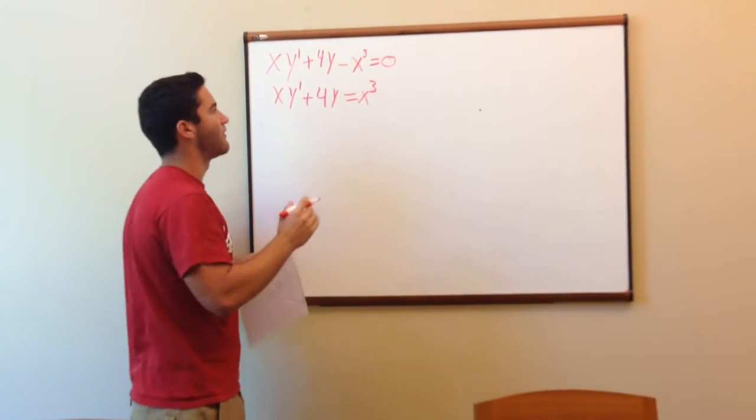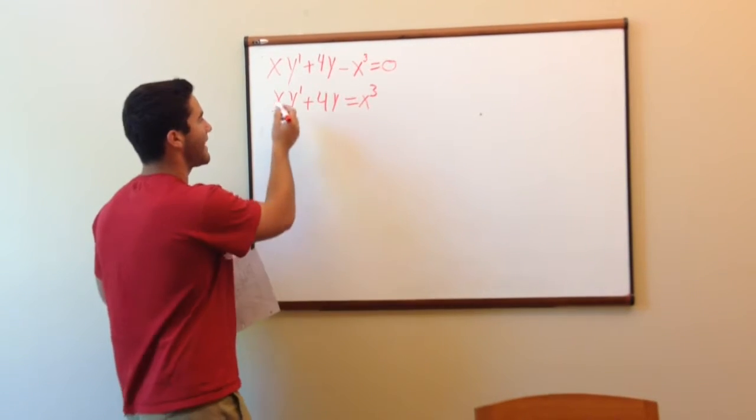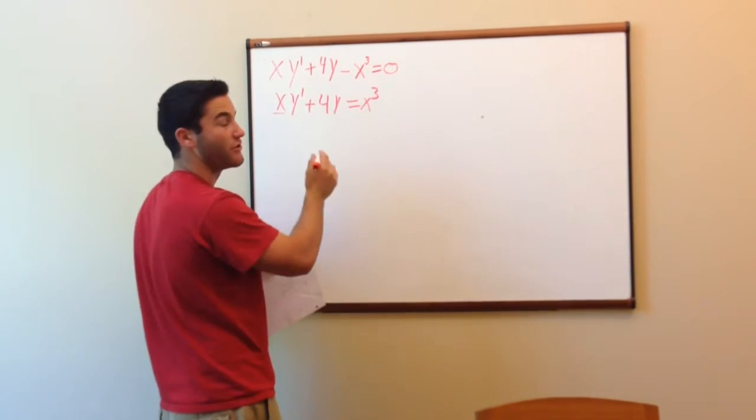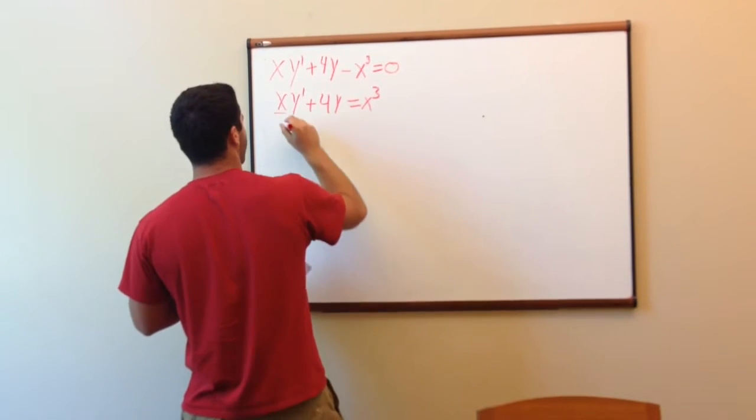Now that we've done that, we realize over here, this x is causing a problem where we can't start solving this with a variable right here. So we have to divide everything by x. So after doing that, we get